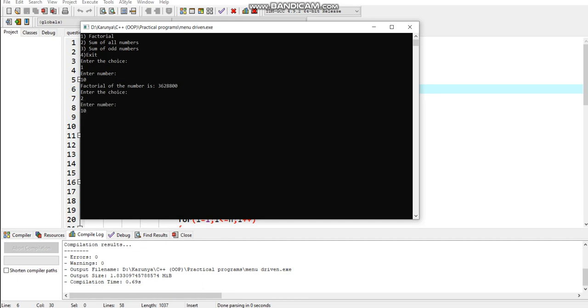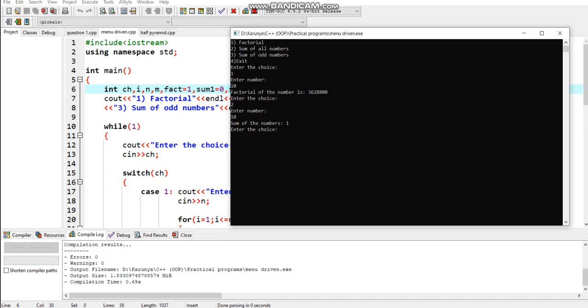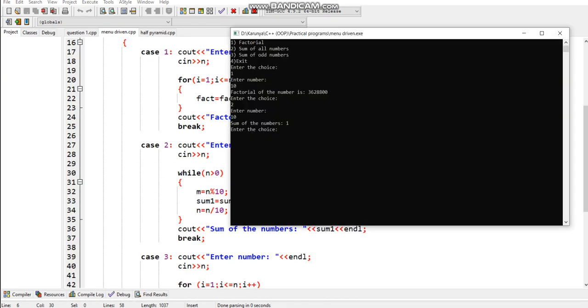So sum of 10, it is showing 1, because it will add in this while the number is greater, because 10 is greater than 0, so it will go inside the loop. It will modulo, sum 1 is equal to sum plus m. It will go inside and divide by 10. It will break the statement and print 10, and I'm now choosing the third case.